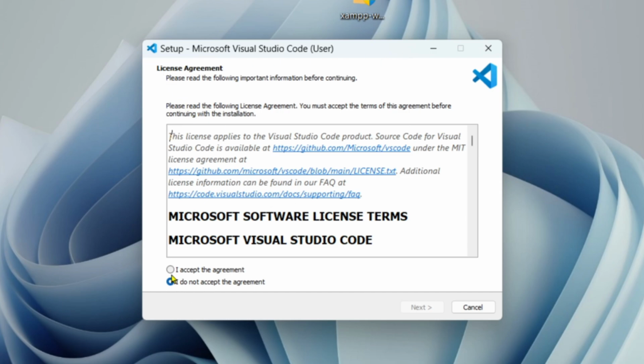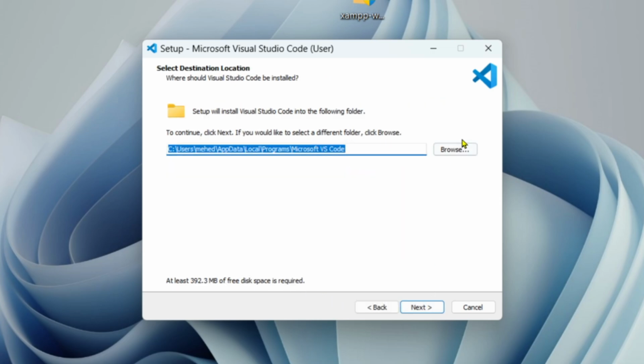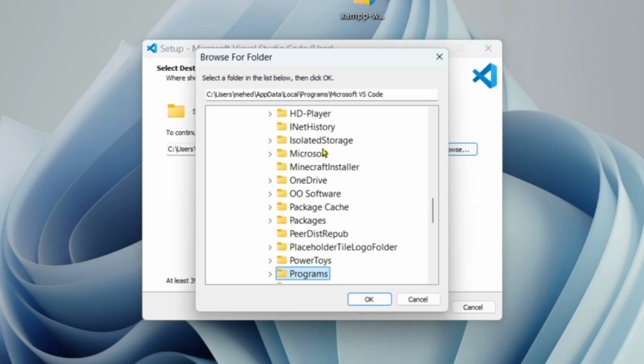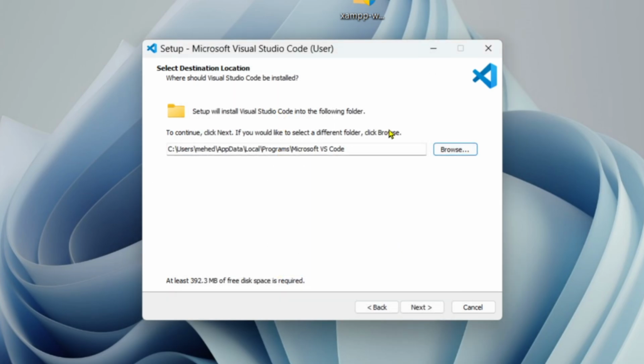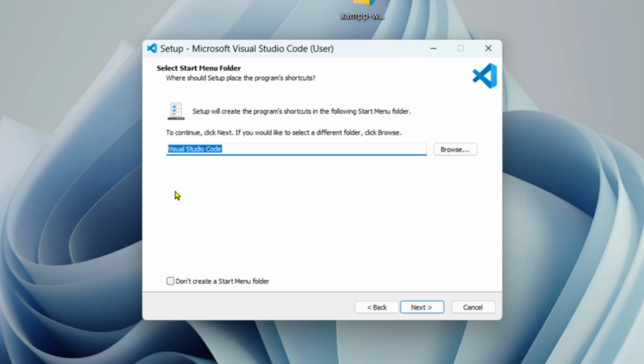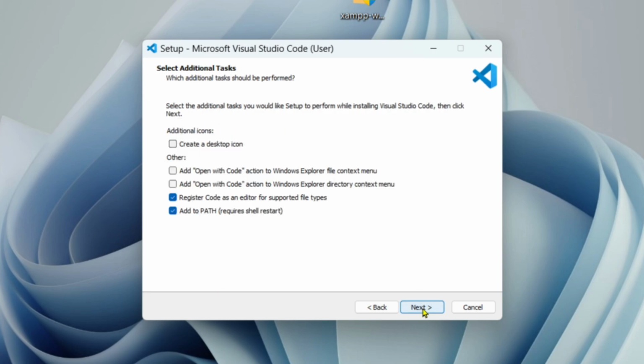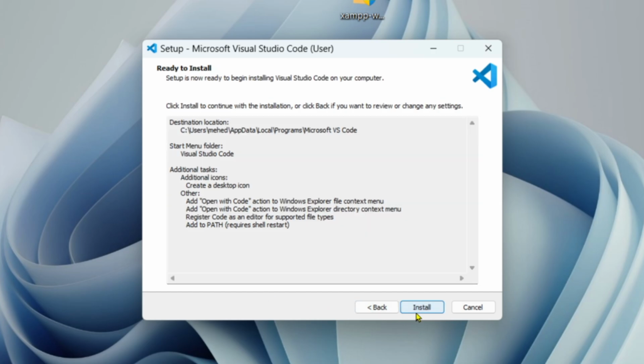user. I'm going to click I accept the agreement and then click next. After that, if you want to change the location, you can simply click on browse and change it, but I'm going to leave it as it is and then simply click on next. After that, click on next another time, and if you want to create a desktop icon, I'm going to click on it, and there are some other options, so I'm going to click them all and then click next